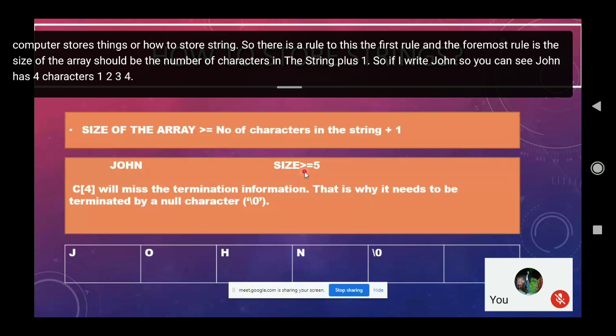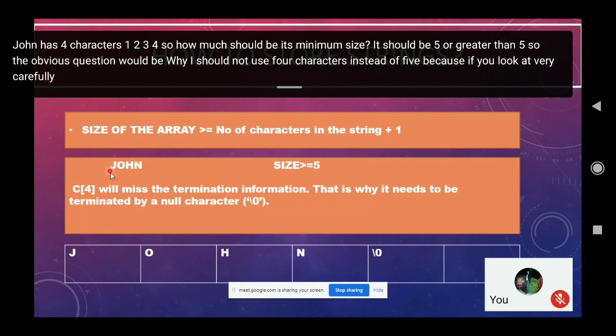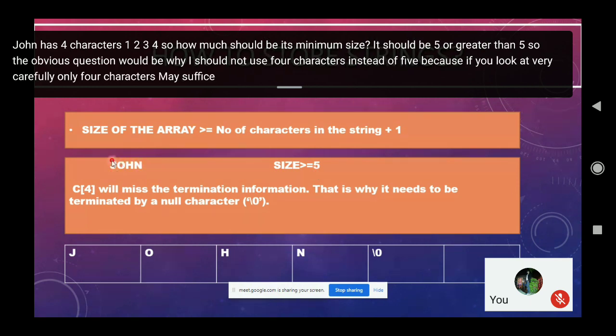So how much should its minimum size be? It should be 5 or greater. The obvious question would be, why should I not use 4 instead of 5? Because only 4 characters may suffice for the name John.